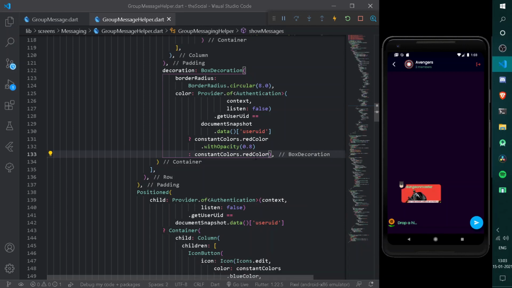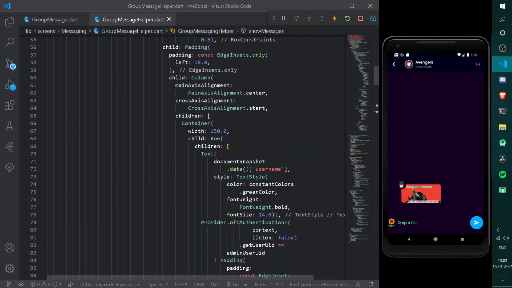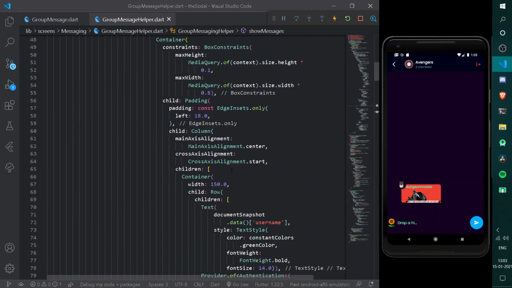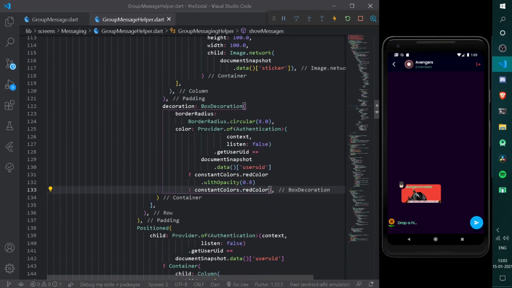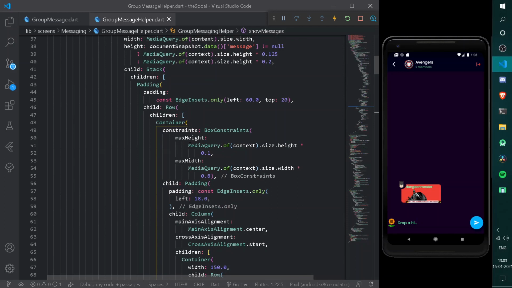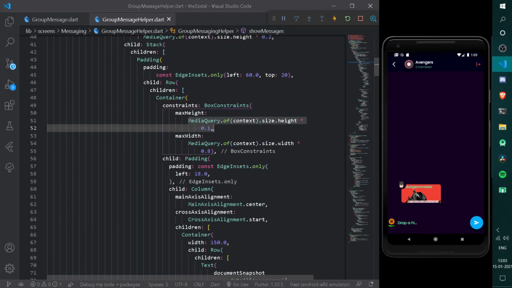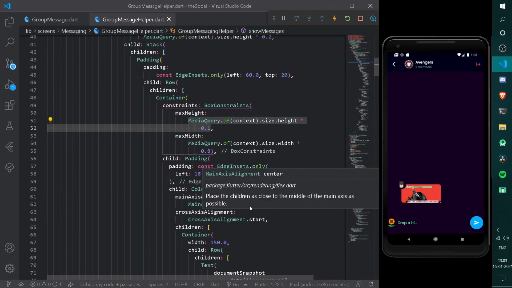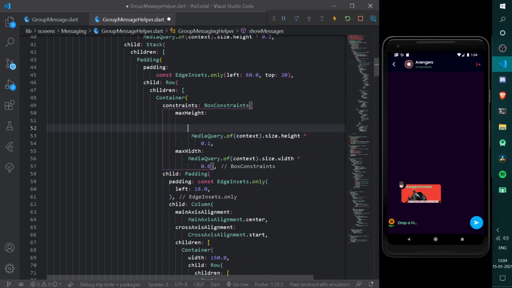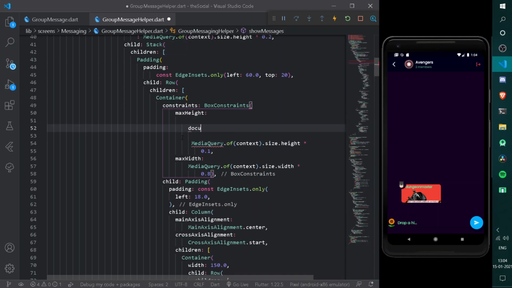Cool. So we have this much container here, which is simply bottom overflowing. So here for having the following container, we can go at the top, that is come somewhat bottom down here. That is for this container, we can go at the top, and here first of all, let's have some height and width based on the following condition of our document snapshot. So first of all, we can simply come down over here and have document snapshot dot data, and from this, if the following message is not equal to null, we shall be simply having a height of 0.1.